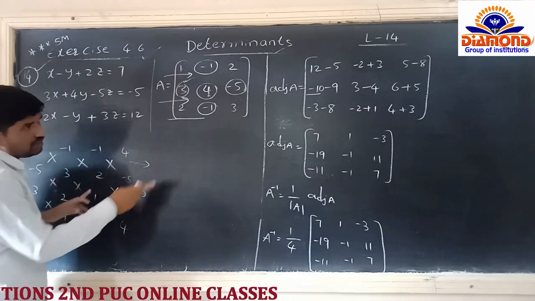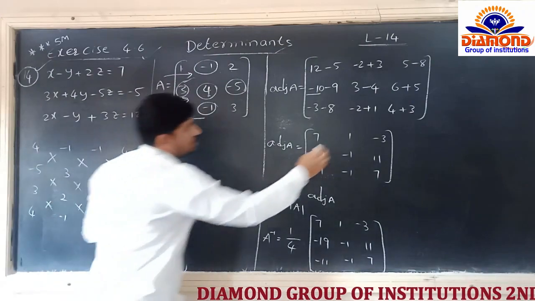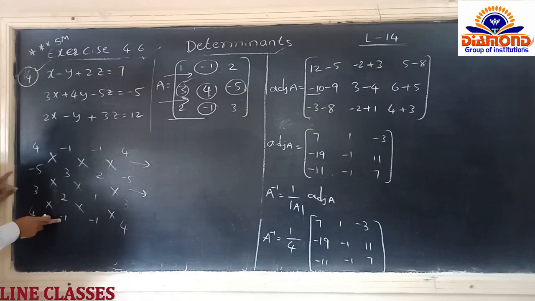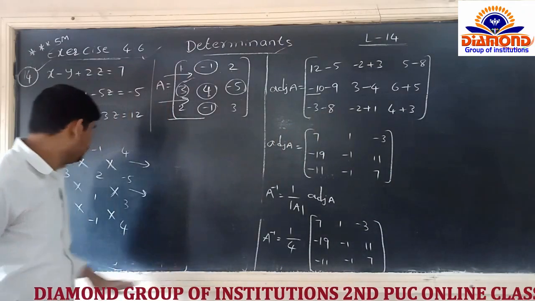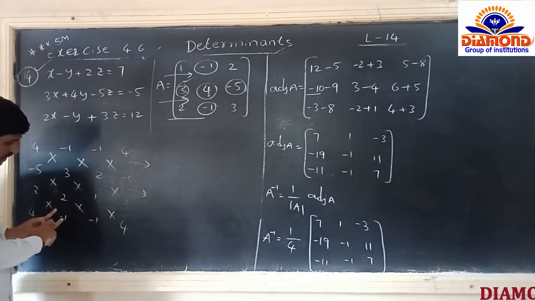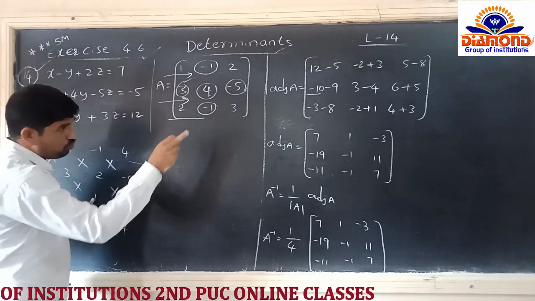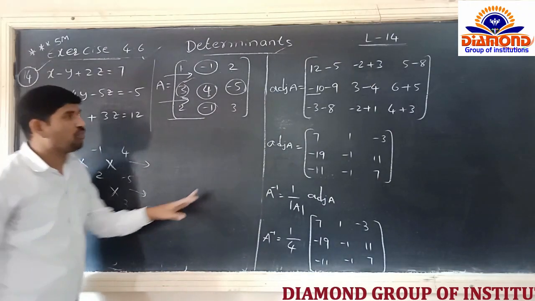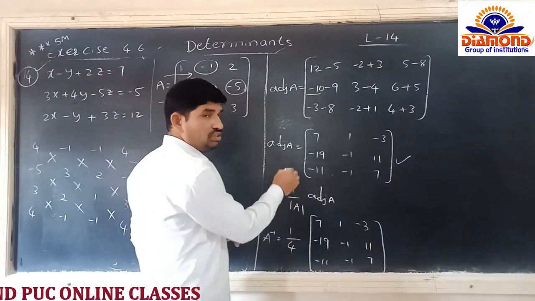Yes. So 2 3 is again 6. Between we are writing minus, but there is a minus here. So we are writing minus to minus, that is plus 5. And the last one also, yes, plus into minus is minus 3. In between minus 4 to the 8. Yes, minus 3, we can write minus 8 here. Next one, 2 into 1 minus 1 is minus 2, and between minus there again we have minus, that is plus 1. And the last one is 1 into 4 is 4 minus, there again we have the minus 3. So minus and minus, plus 3. So now the simplification of this one will be this. Yes. Now we got the adjoint of a matrix.